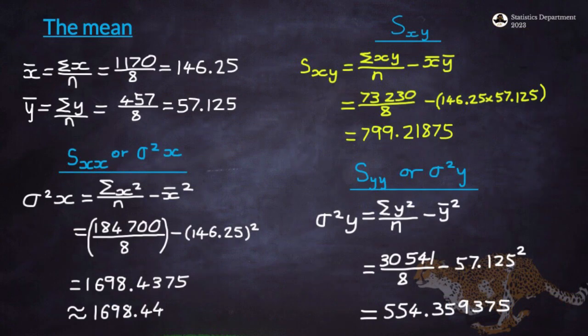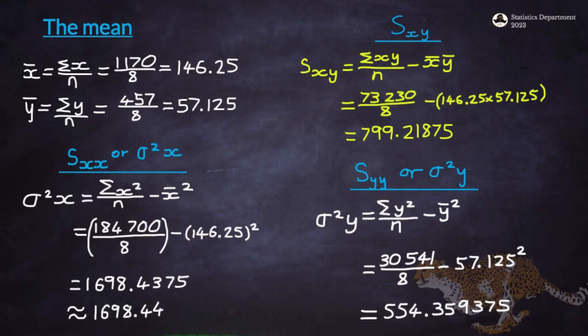Okay, now let's calculate the different variables that we need. We're going to start with the mean. The mean, we're going to represent it as x bar and y bar, respective for the x, which is the time that was put in by the students to prepare for the exams, and then the y bar, which is the average of the marks that they got, the total marks they got. So that will be the sum of the x or the sum of the y respectively, divided by the number of the sampled